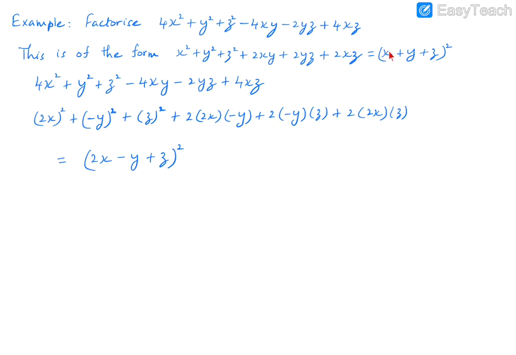So using this, we have x plus y plus z the whole square. In place of x we have 2x. In place of y we have minus y, so 2x minus y plus z the whole square, and whole square means it is something multiplied with itself, so we can write that as 2x minus y plus z multiplied with itself. So that's 2x minus y plus z. So we have done the factorization of the given algebraic expression using the identity of x plus y plus z